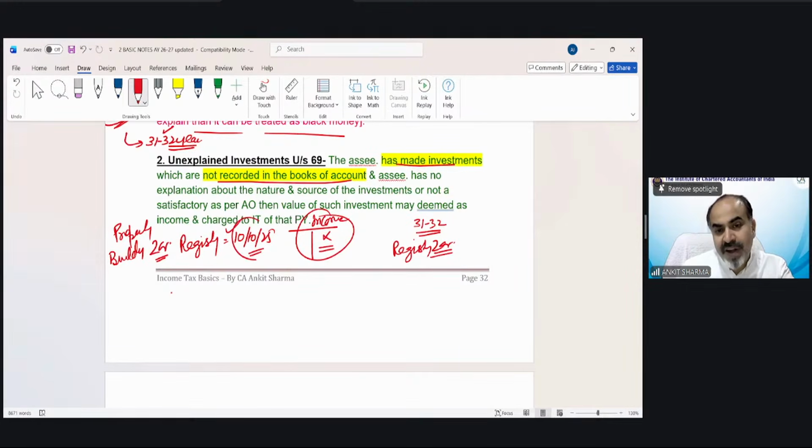Now the registry date is here. So that means the earning year for this 2 crore would be 25-26, and the previous year would be 31-32. So if there is any unexplained investment which has not been shown to the income tax department, as in point number 1, where there was an entry which has not been shown to the income tax department, it is the same case. Unexplained investment not disclosed to the income tax department, same thing.